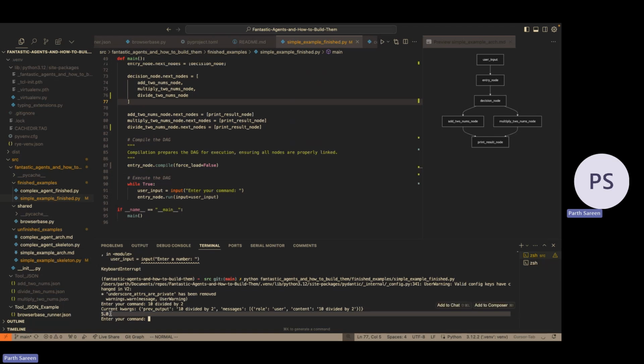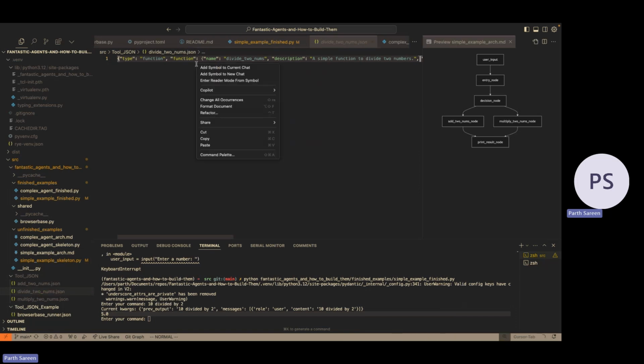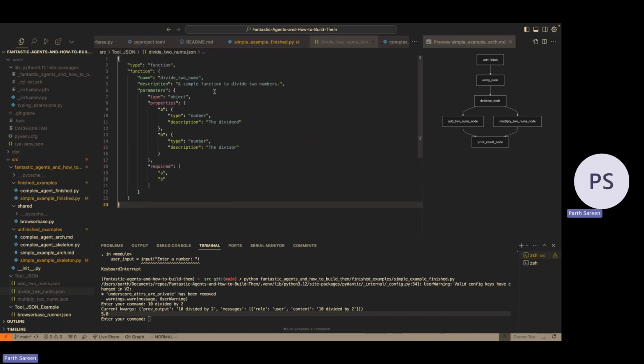Oh, nice, 5. That was quick. Cool. And we can also see that in the background, it added this little JSON so that I don't have to worry about it. And it kind of just does its thing. So there is more setup involved with the browser-based stuff. Browser-based is essentially a headless browser that runs in the cloud and you don't have to worry about it. And it kind of just does its thing.